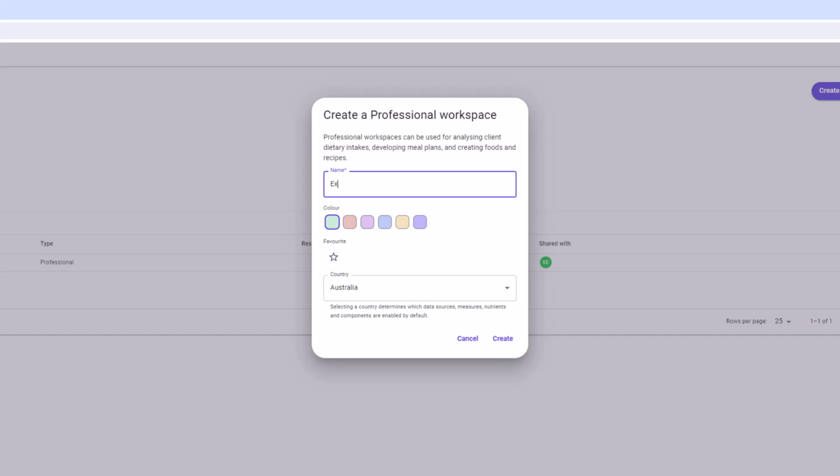I'll type Example Workspace and make it green. If you select the Favorite option, your workspace will be displayed in the Favorited Workspaces section of your Workspace dashboard, as well as in the Workspaces table. If you do not select the Favorite option, it will just be displayed in your Workspaces table. If it is a workspace you will be accessing frequently, I would suggest making it a favorited workspace so it's